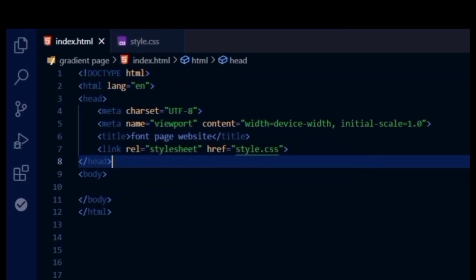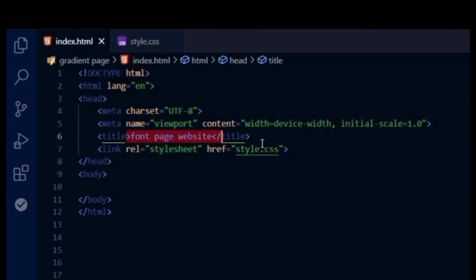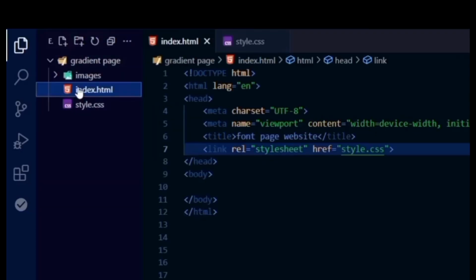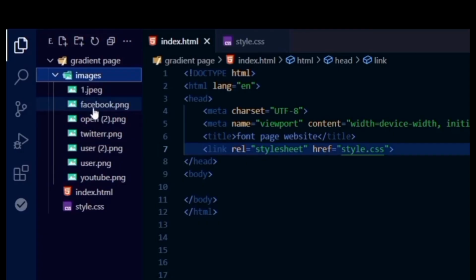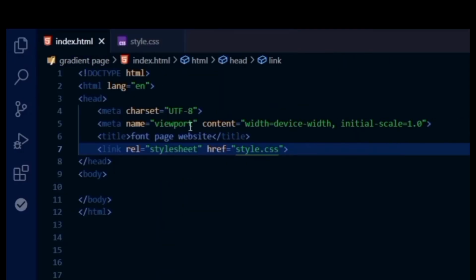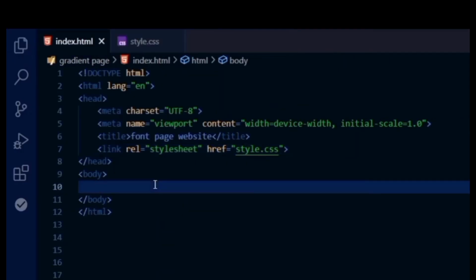Here in the workspace, we have the basic HTML files. We have links to the HTML file to the CSS file, and we have a title of front page website. By this side, we have a folder called images, which we are going to use all the images later on in the video. So now within the body tag, the first thing we do, we're going to create a main with